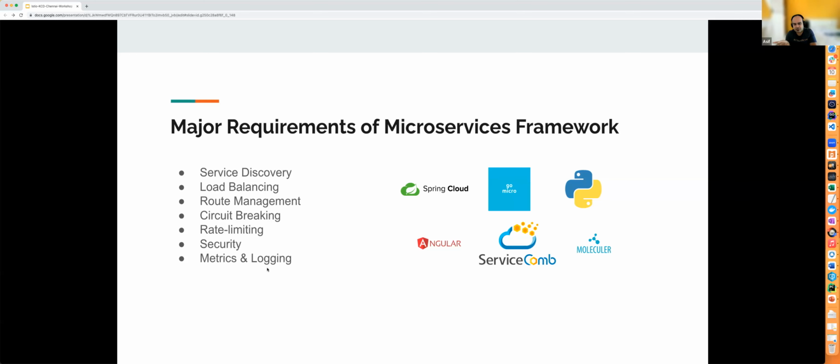So when the SDKs were formed, keeping all these requirements in mind, that used to work fine if your complete application, or all the microservices, are built on one technology stack. Say you have a Java application which has 10 microservices all written in Java. Spring Cloud or Spring Boot was good enough to address all of these things, because all were using the same SDKs and they were able to do service discovery, load balancing, route management, and everything.